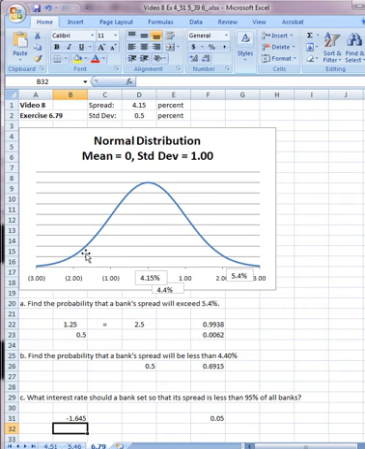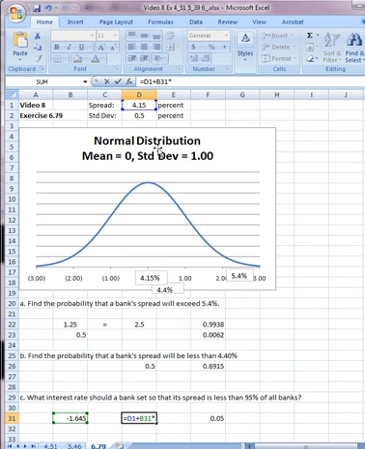It's telling us that that would be right in here somewhere. I don't have a label for that one yet, but we'll just imagine it's there. 1.645 is right in here. We want a spread that is 1.645 standard deviations to the left of the mean. So to find that percentage, that spread, what we do is we take the mean, 4.15, and add to it, and we're adding because it's a negative number already over here, that many standard deviations times the size of a standard deviation,